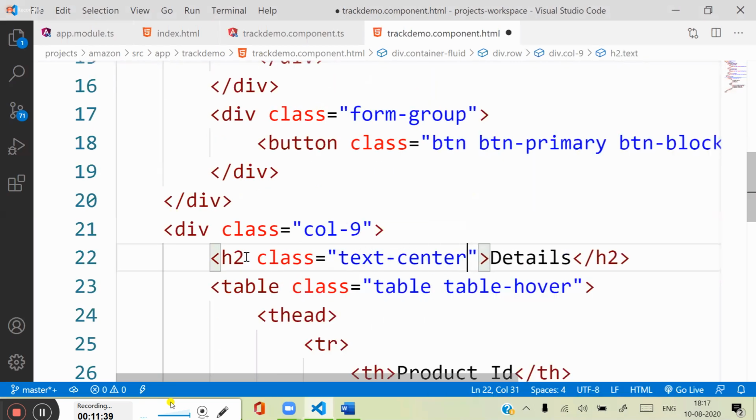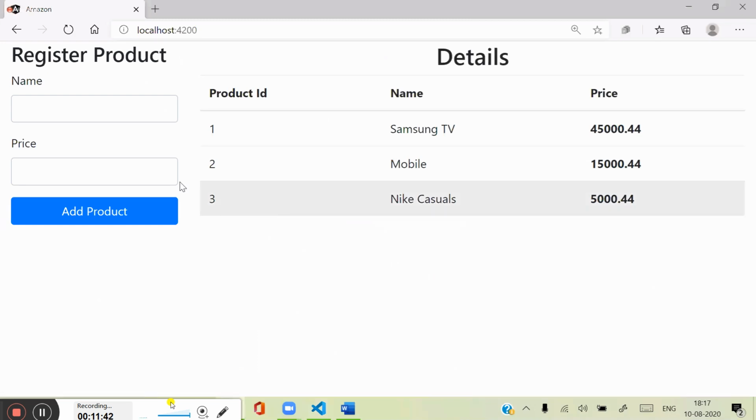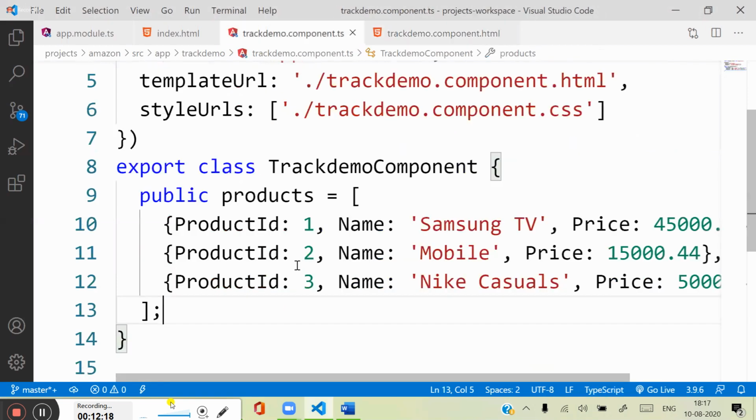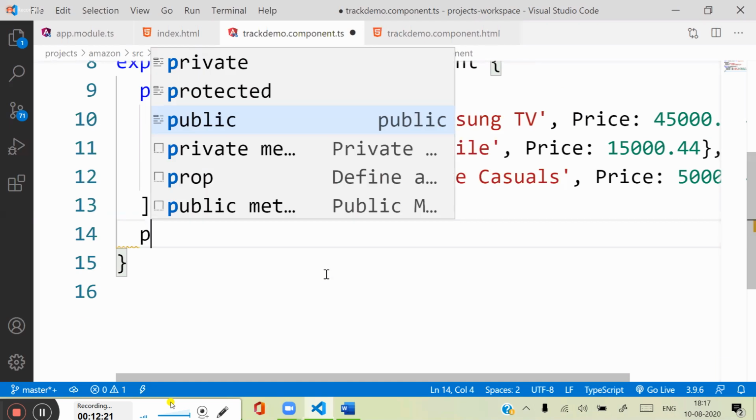Text center. What we want here is, when the user enters the name and price and clicks on add, one new product should be added. So when a new product is added, how can we add it? That is the point. Just like our shopping cart example that we learned, the same approach we can define. We need to add three details: product ID, name, and price. So here we are declaring properties: